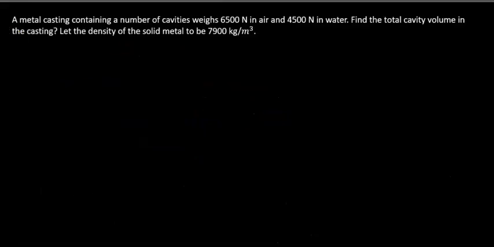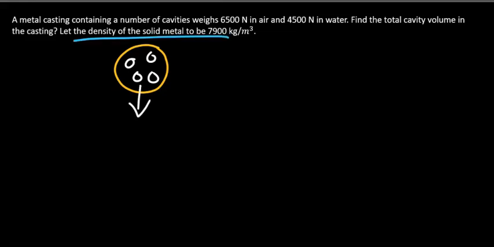Problem 2. A metal casting containing a number of cavities weighs 6,000 newtons in air and 4,500 newtons in water. Find the total cavity volume in the casting. Let the density of the solid metal be 7,900 kg per cubic meter. So what that means is you have this object, a metal casting, and inside you have cavities like that, simply empty space. So the real weight of this object is